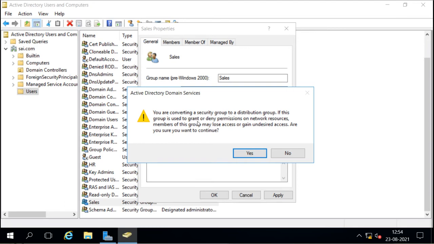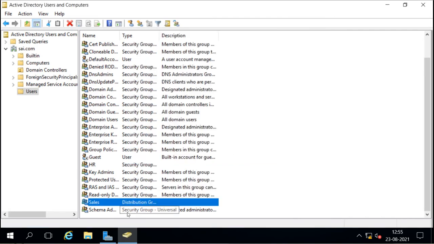So it says when you change this to distribution group, all the security permissions or restrictions assigned on this group will be lost, and the users which are restricted, they will get the access, and the users which are granted the access, they will lose the access. So I know what I am doing. I say yes. Now it becomes the distribution group.